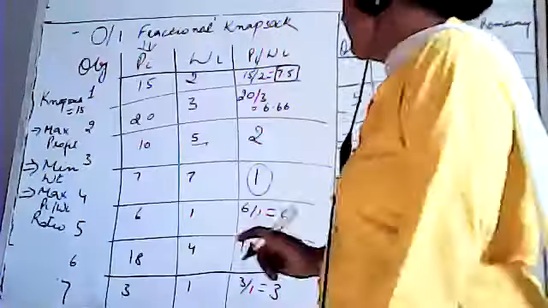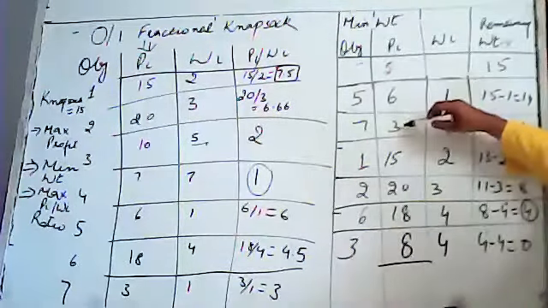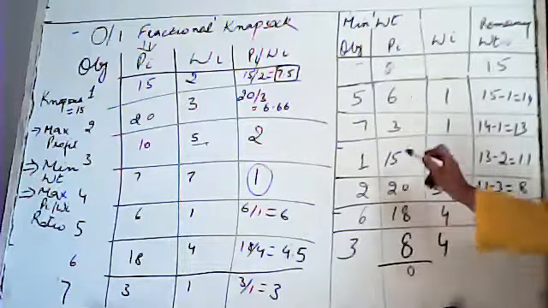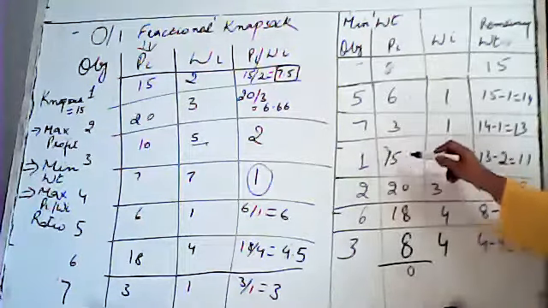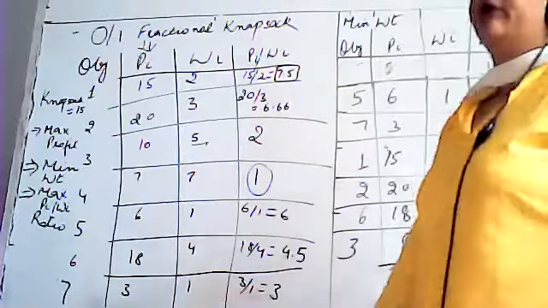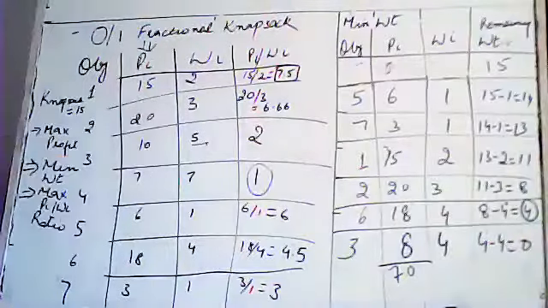Now what would be the total of this profit? 6, 3, 9, 5, 14, 14, 8, 22, 22, 8, 30. 3 carry, 3 plus 1, 4, 4, 2, 6, 1, 7. So according to the minimum weight, after picking up 15 kg, the profit that we will be earning is 70. Fine? Is it clear?